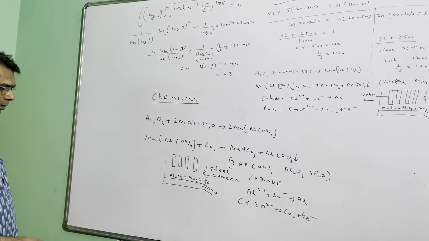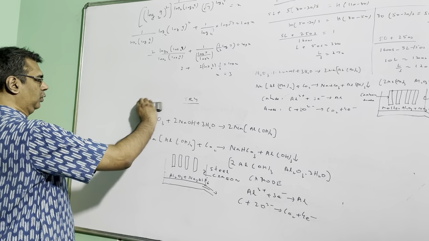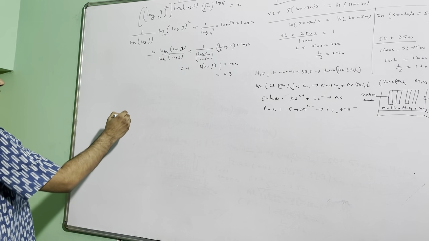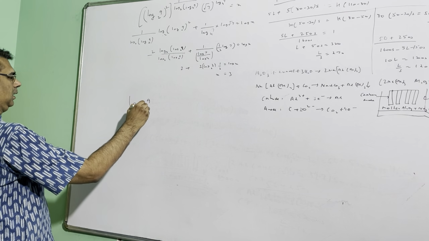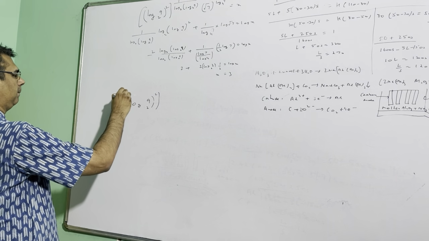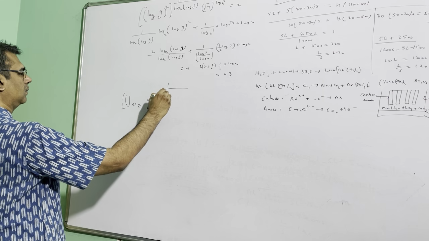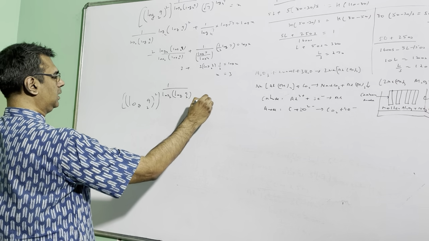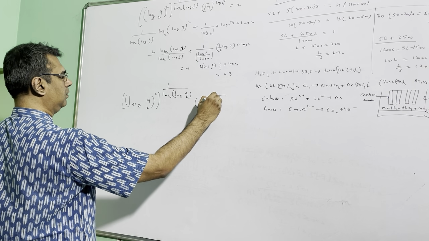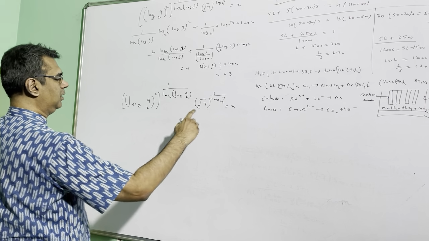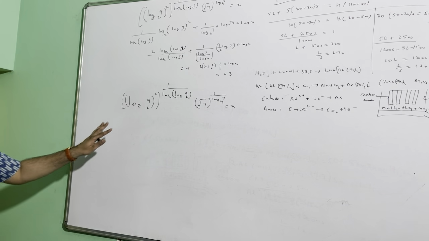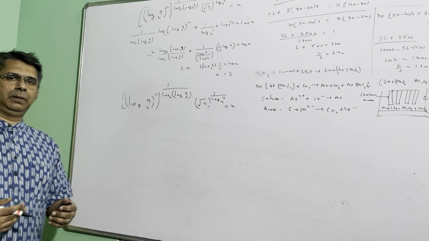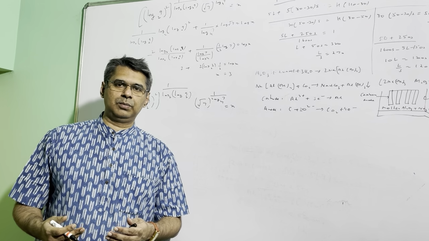Okay, now we move on to the maths question of Launchpad 4. In the maths question, this was an equation in logarithms, and we were supposed to solve this equation and evaluate its value. You can see that all these are logarithms to the base 2 or base 4. So probably the best way to approach this sum is to take logarithm to the base 2 on both sides of the equation.